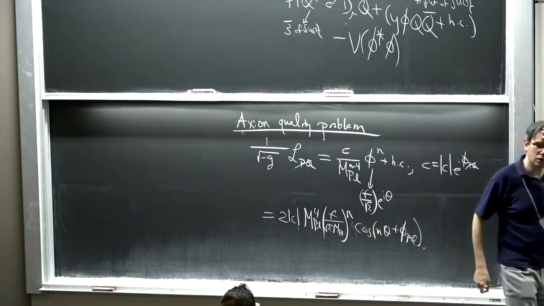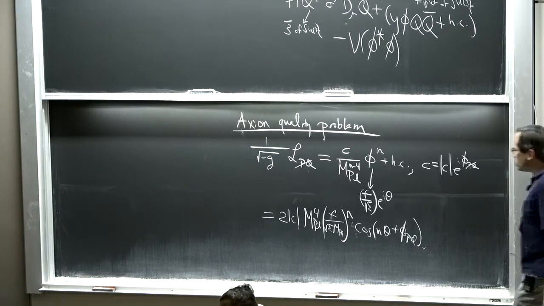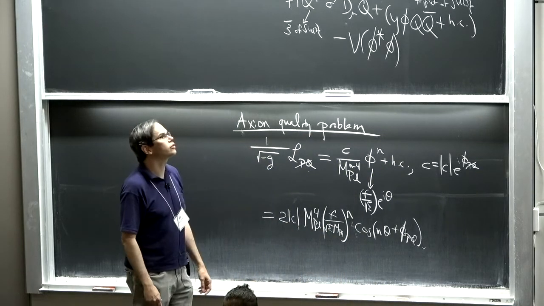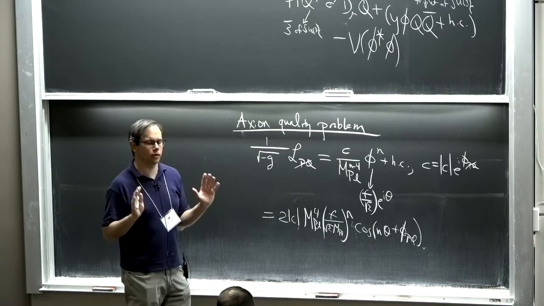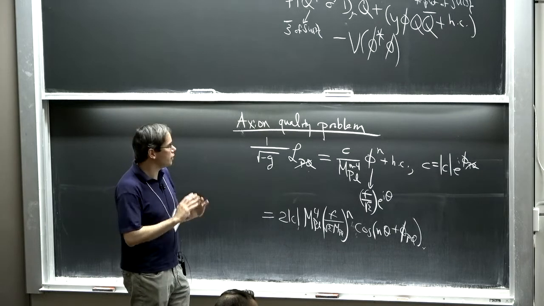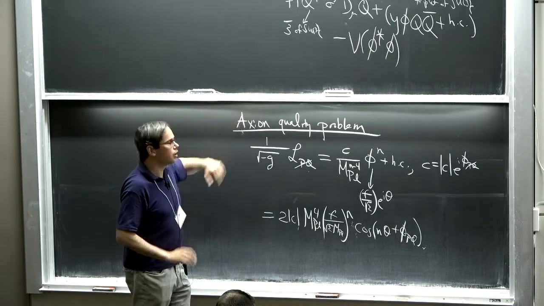Yeah? I know you said the ABJ anomaly was required to make this work, but is this required, or is it just something that we should worry about? Well, right. So, how should I phrase this? If the symmetry were really only broken by the ABJ anomaly, if that was the only term that appeared, then the axion would just solve the strong CP problem. And that's kind of what we aimed for up until this point.